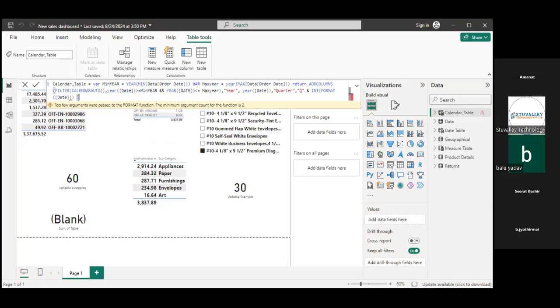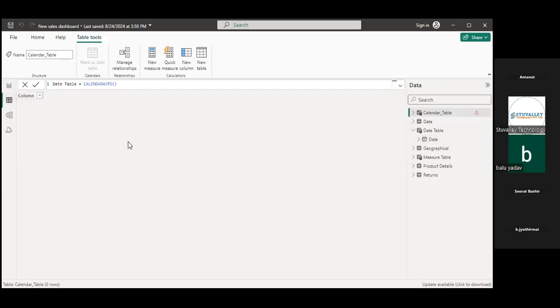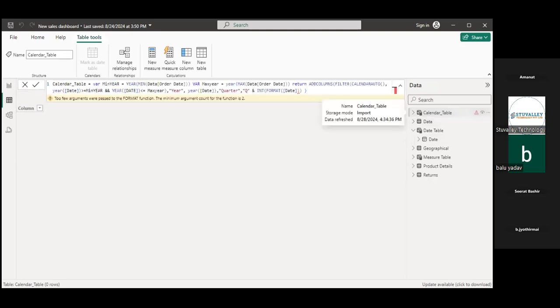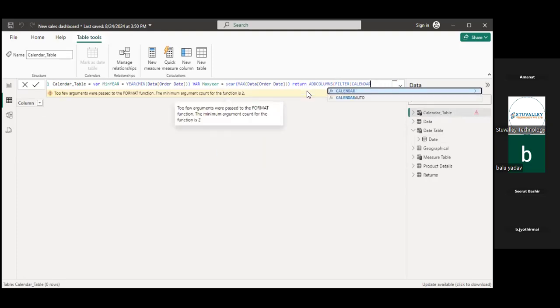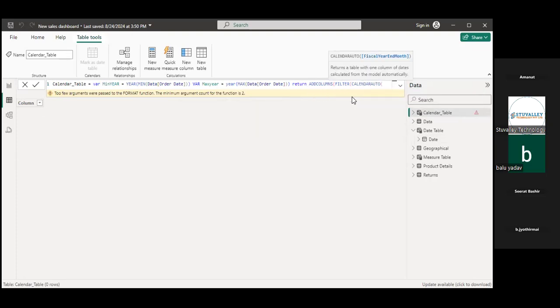Let me check it. If I check it, right now it is showing nothing. Just a second, I will also try it in my system once again. But syntax wise it is completely right. Add column filter. Filter on what? Calendar auto.